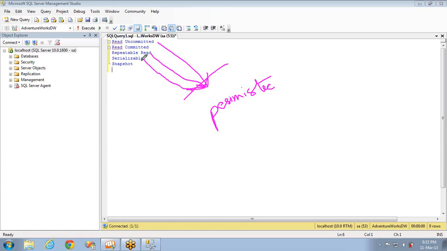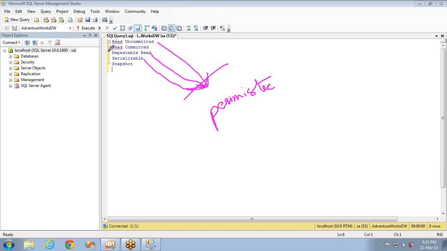So that means whenever you apply any one of these 3, it will apply locks. It will be on the safe side. It won't wait for the last moment to get deadlocks and then try to resolve them. It will always be on the pessimistic side, thinking there may be a chance of having a deadlock, so better I apply some locks.